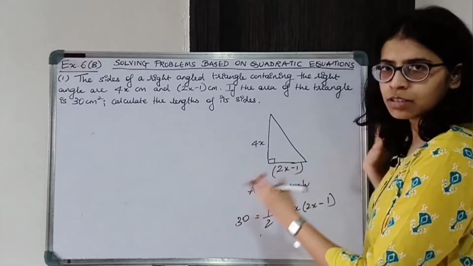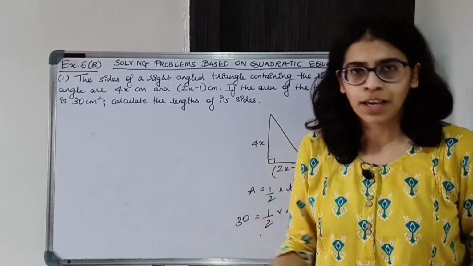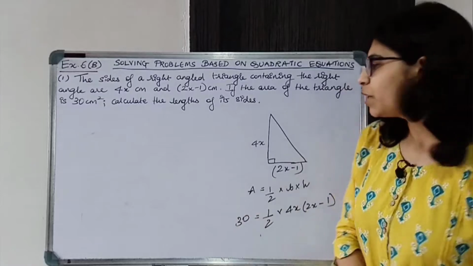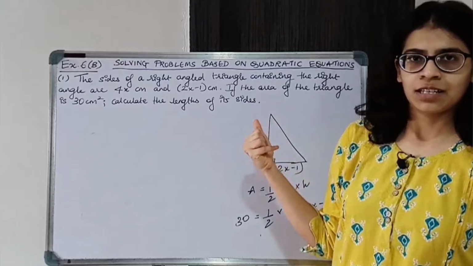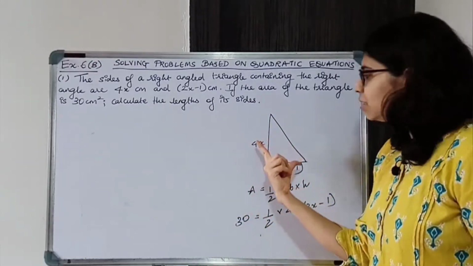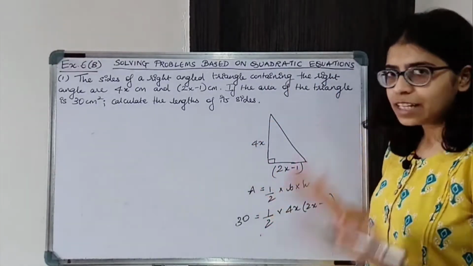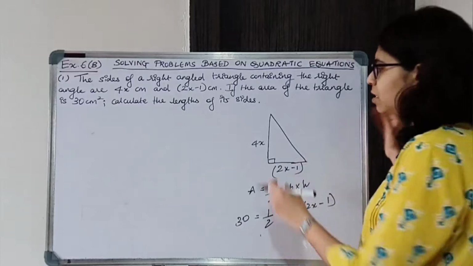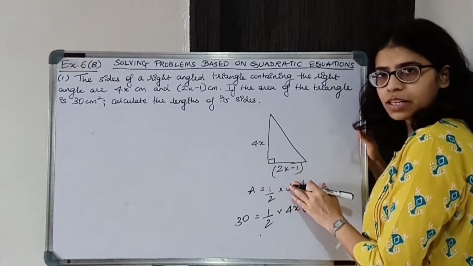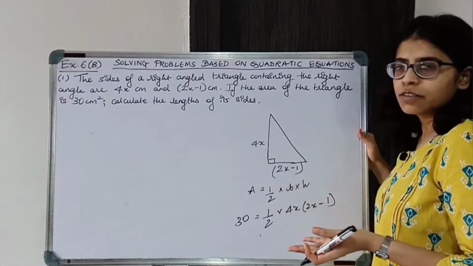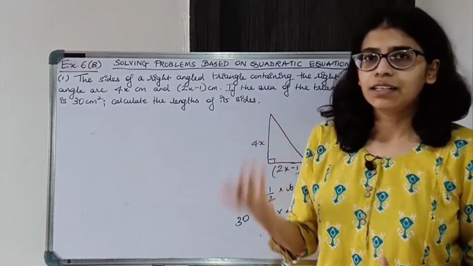So on solving, you will get a quadratic equation. Solving the quadratic equation, you will get the value of x. Once you get x, you can easily find these two sides, but you are told to find the lengths of its sides. It is not mentioned that you have to find only these two sides. You have to find all the sides of the triangle. So it's very easy using Pythagoras theorem. Once you get x, you can find these two sides, substituting the value of x. Once you get these, you can easily find the hypotenuse. We know side 1 square plus side 2 square is equal to hypotenuse square. So you will easily get the hypotenuse as well.